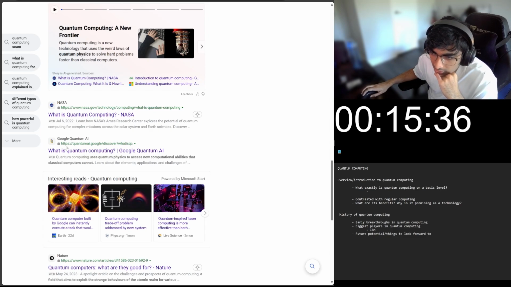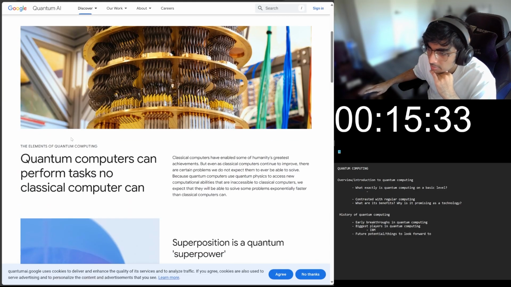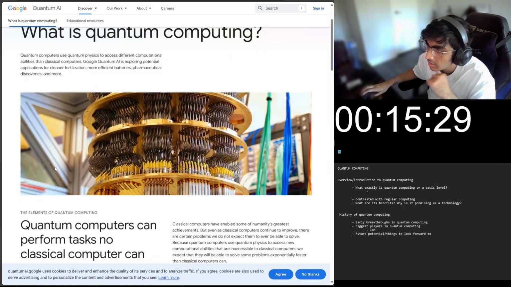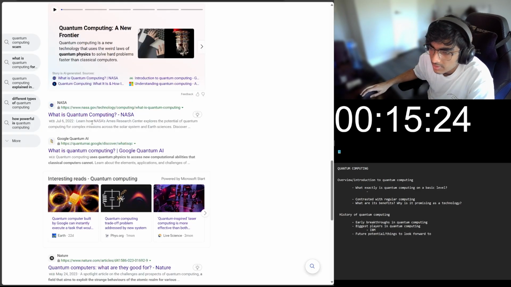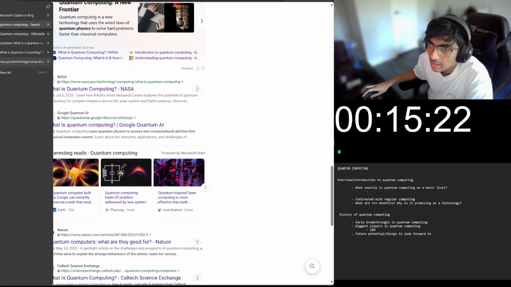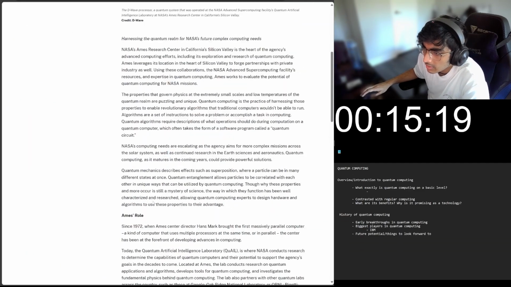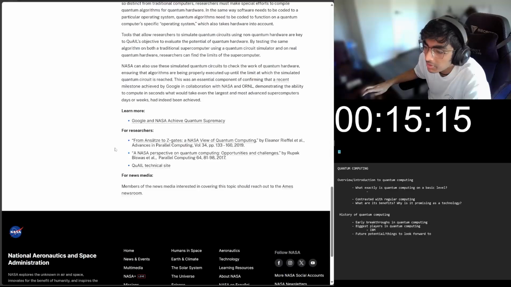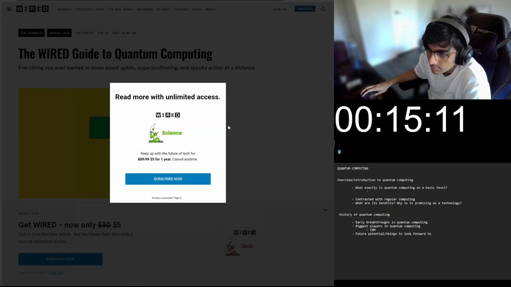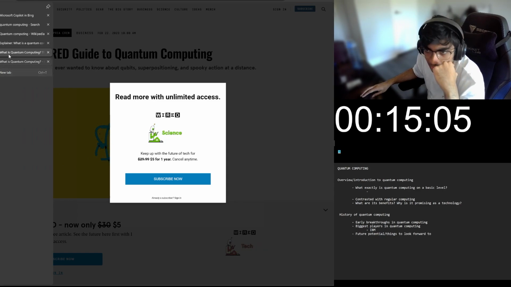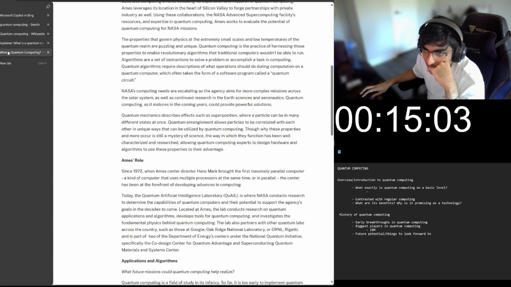What is this Google Quantum AI? I'll just open this up to take a look quickly. Okay, this is going to be a little bit inefficient, I think. Maybe we can find something else though. Okay, NASA, this could be good. I'll start with this NASA one actually. Okay, no, this is written like an article. So actually I want something else that's a little bit more structured in terms of the way that it's written. This one I need a subscription to read. Perfect, amazing.